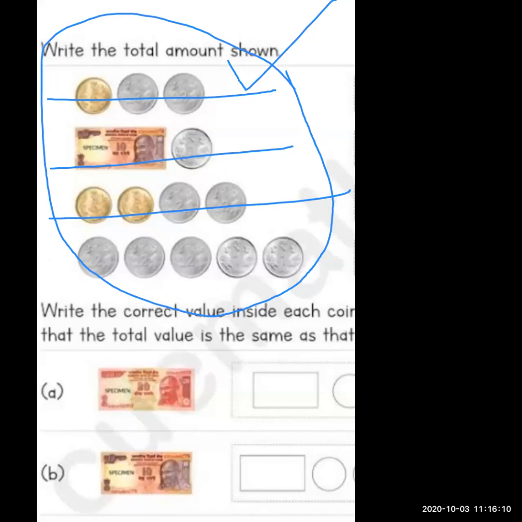Okay. Next. Now go to the next. Tell me. No, now don't add the top side coin. Don't add. It's separate. Yes, very good. A 10 rupees note plus a 1 rupee coin. No, beta, it's not a 2 rupees coin. It's a 1 rupee coin. Watch it properly. That means 10 plus 1 is equal to 11. Very nice.